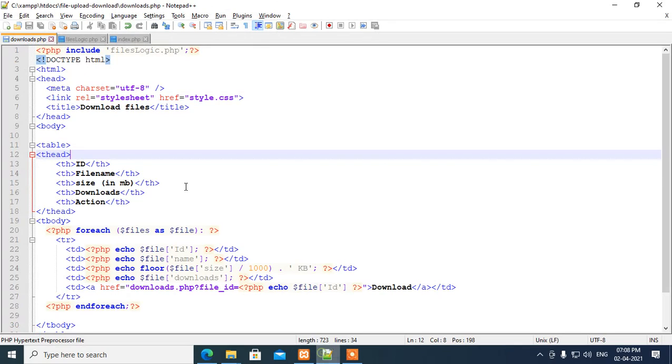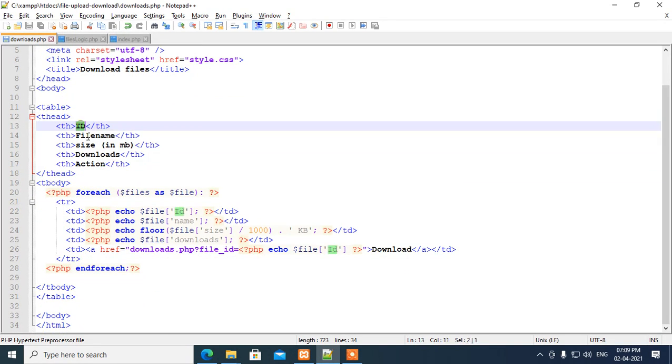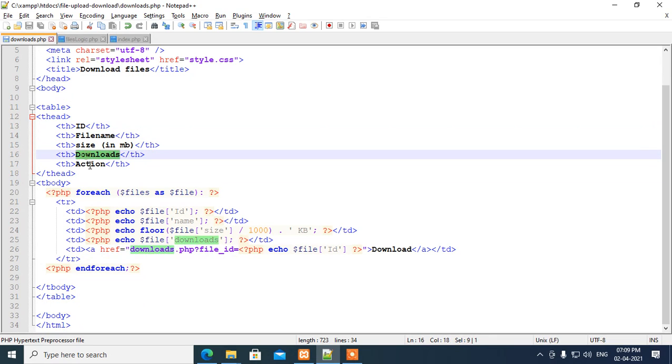How can it happen? First of all, how does it look like this? For that, I created downloads.php. In that, you can see that here I take headings: id, file name, size, downloads, action.